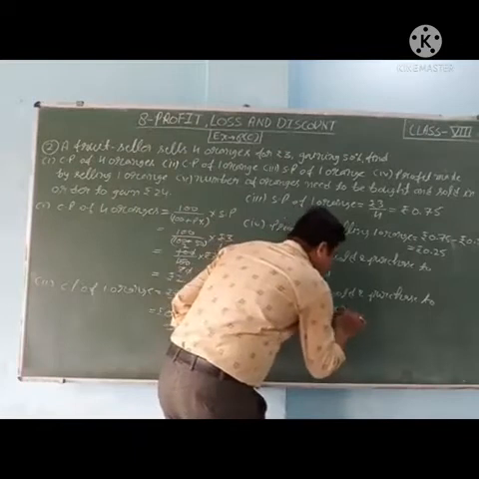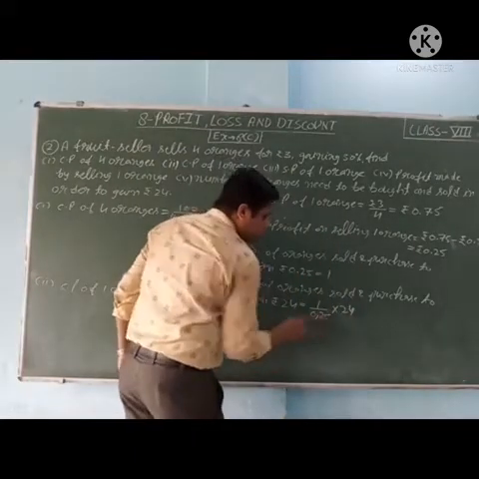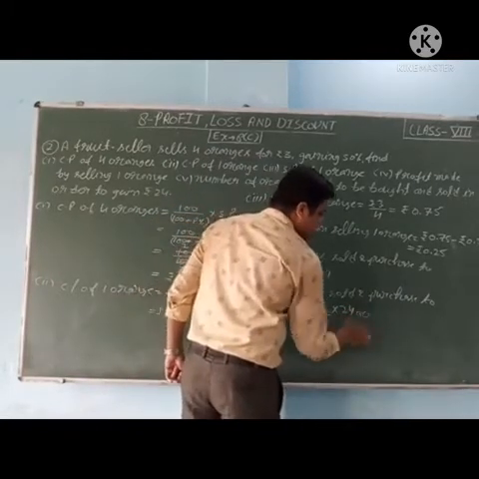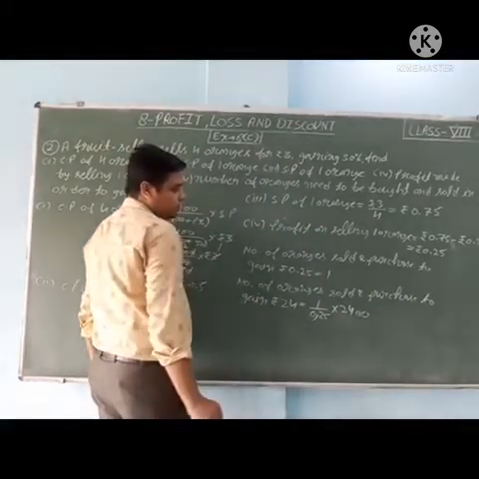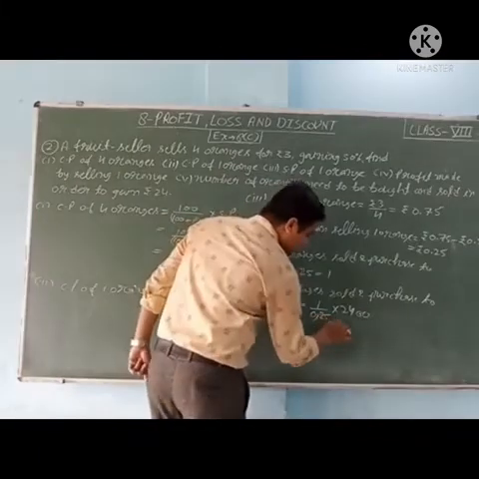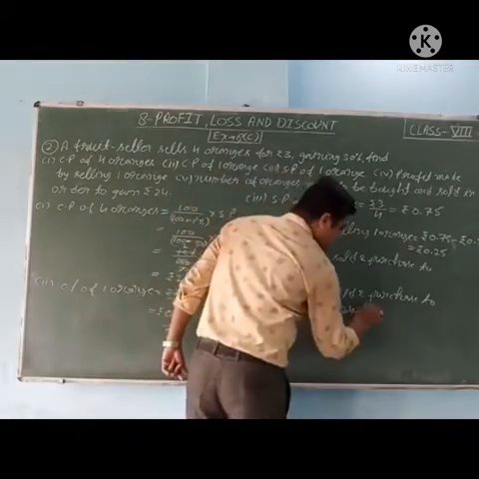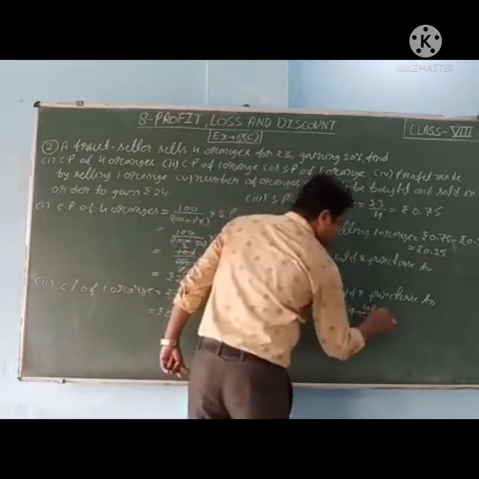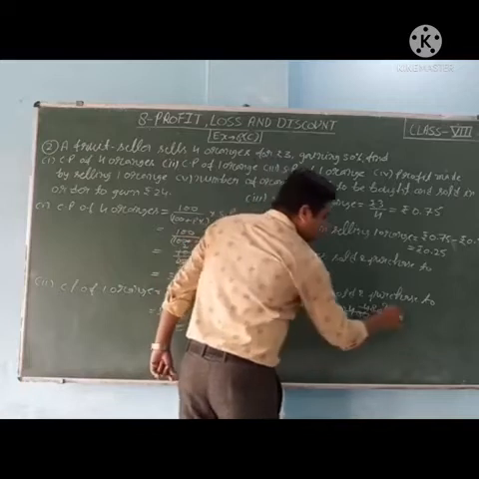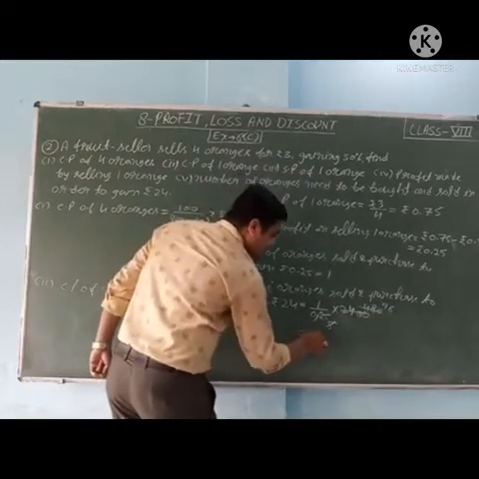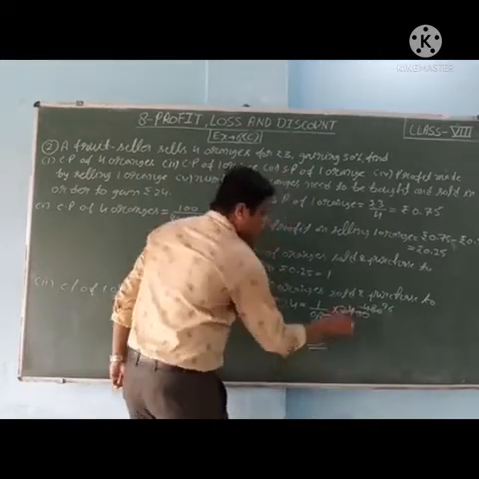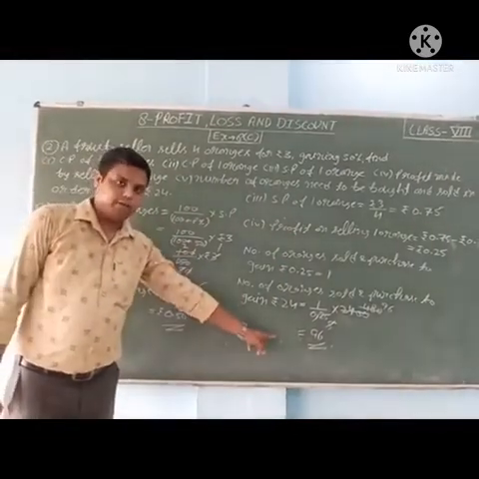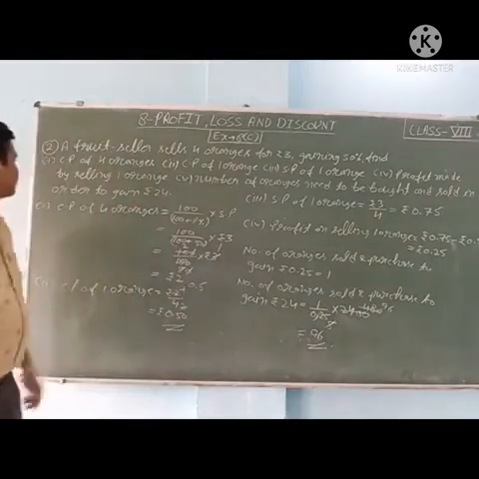For more, multiply by 25. So we will remove this decimal, and how many zeros? 2 zeros, because after the decimal 2 digits are there. So now we can divide: 5 5s are 25, 5 4s are 20, 5 8s are 40, and 0. Once again by 5: 5 9s are 45, and 5 6s are 30. So it is equal to 96. So how many oranges are sold and purchased to gain rupees 24? 96 oranges.